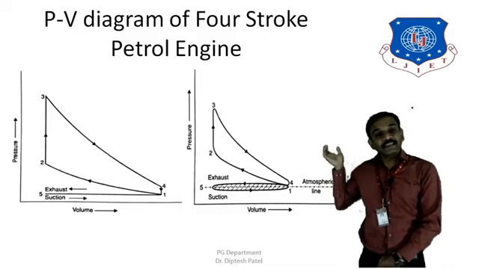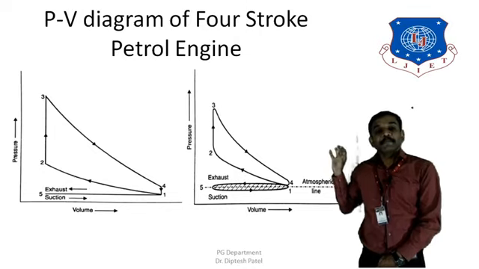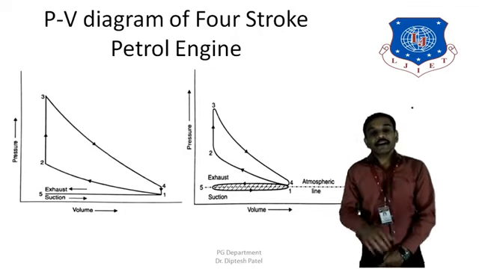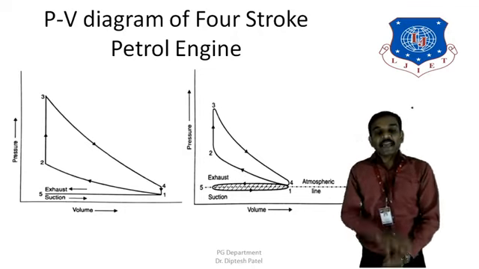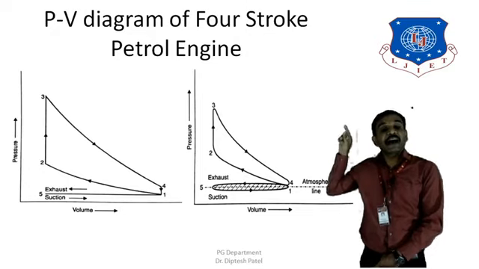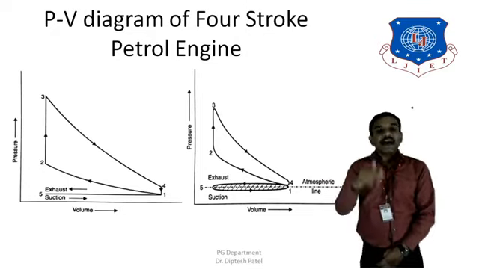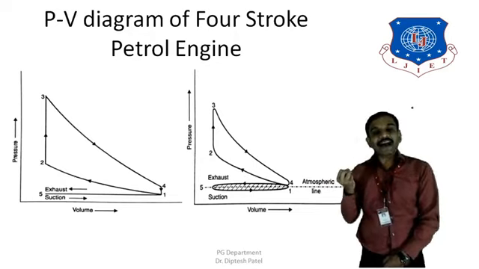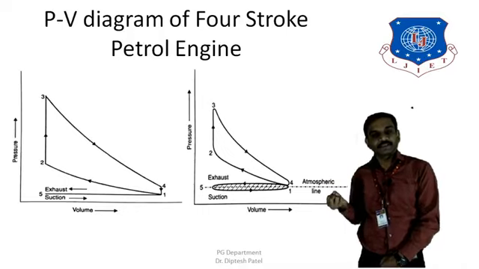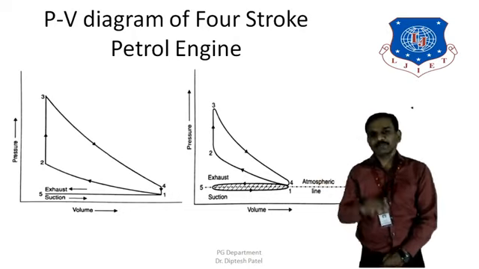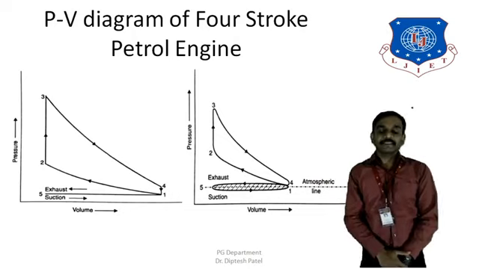Then 2 to 3, sorry, that is the compression stroke. Now at that point the fuel has been ignited, air and fuel are ignited at point 3, and due to that high temperature and high pressure are generated, so the pressure is at its highest level at point 3. Afterward the power stroke follows. So 3 to 4 is the isentropic expansion, and then 4 to 1 is the exhaust gases leaving into the atmosphere, which is certainly at a pressure higher than atmospheric pressure.